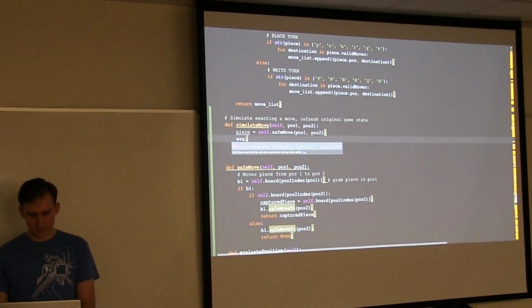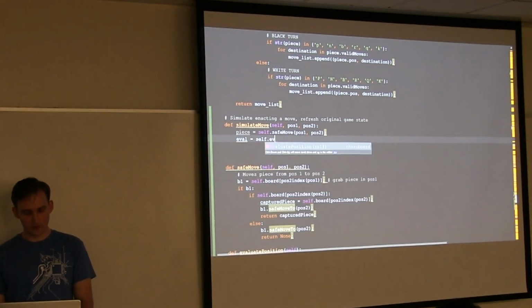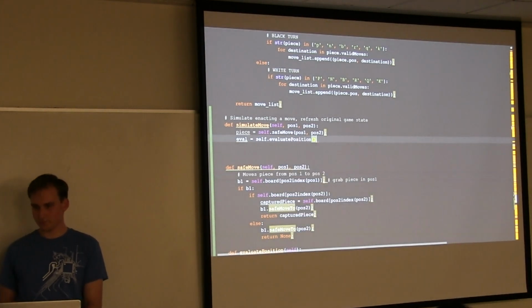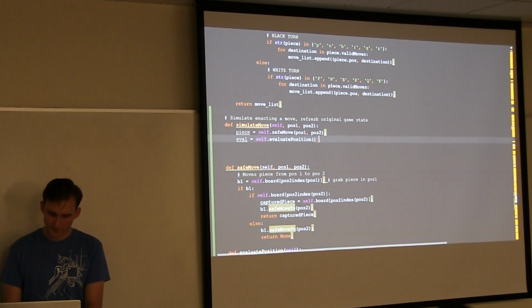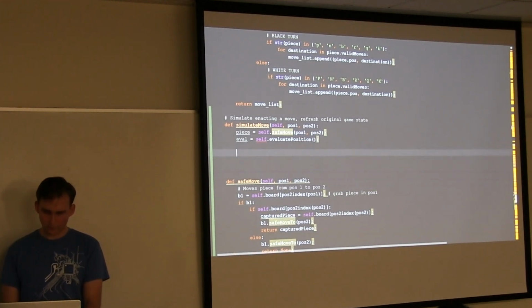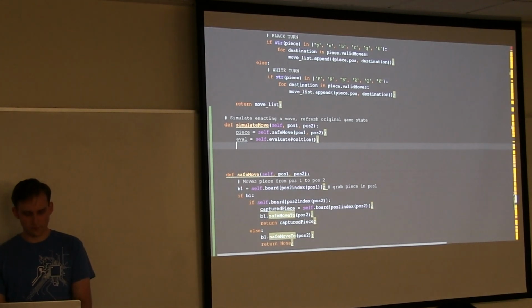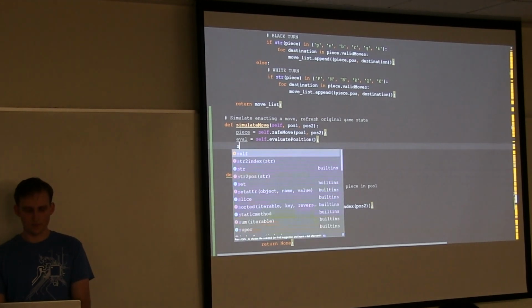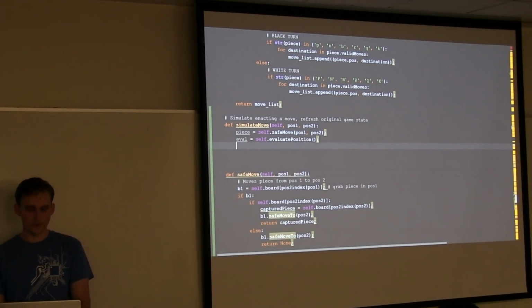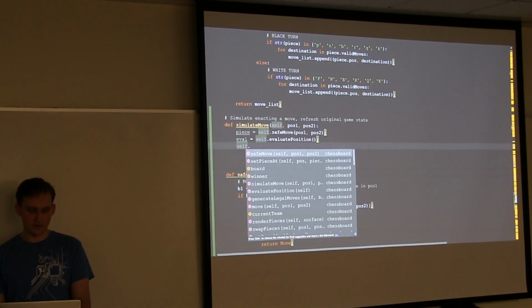As you can imagine from what I'm saying, we are going to be calling that evaluate function, and that doesn't take any params. Okay, so right after we evaluate the position, a simple way to undo